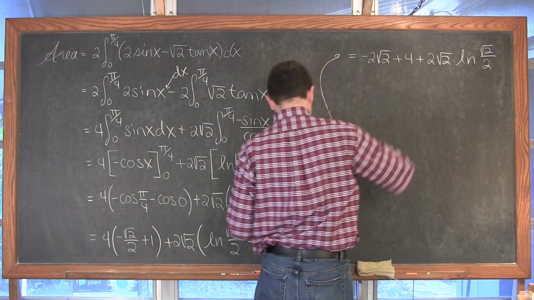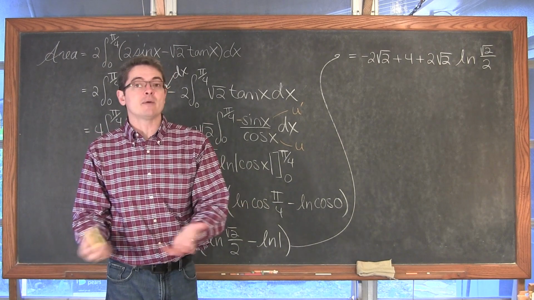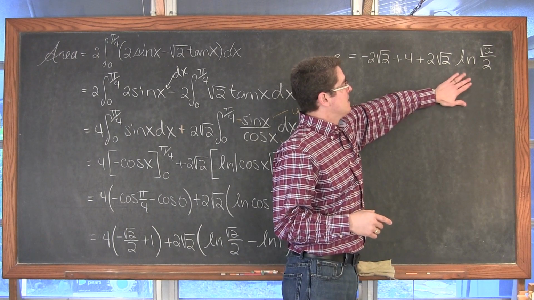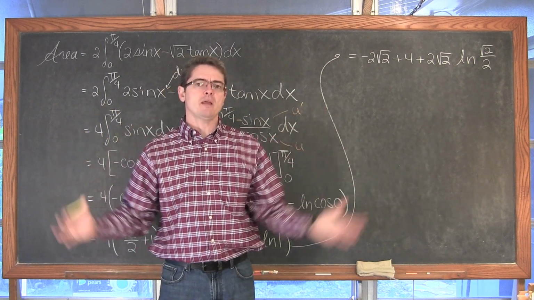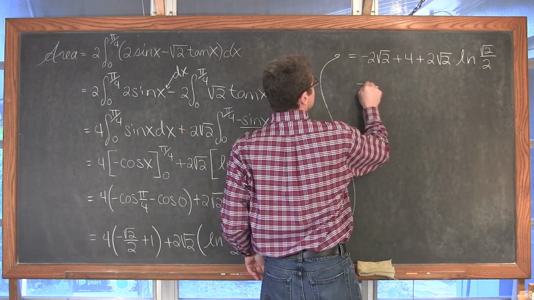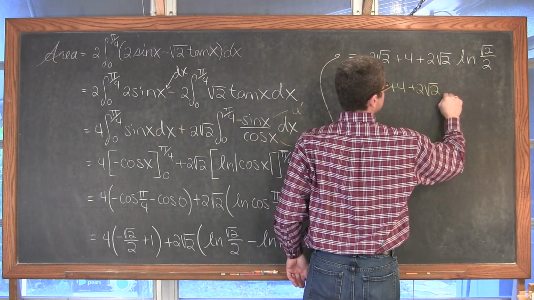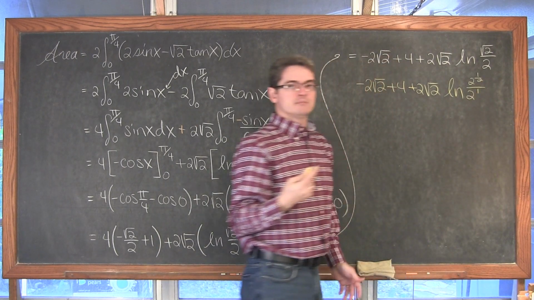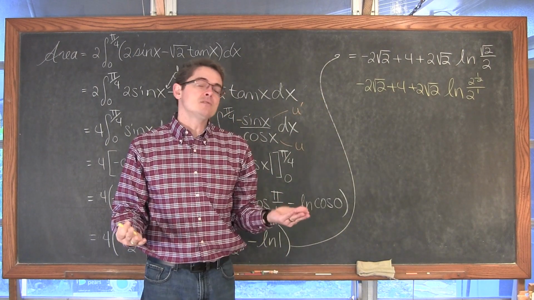But how can we change the look of this to, again, possibly match what's in the back of the book, maybe actually what came out of my TI Nspire CAS with the computer algebra system, or choices on a multiple choice test? Well, we have all these properties that we can use to expand log functions or expressions. And I can rewrite this as negative 2 square root of 2 plus 4 plus 2 square root of 2 times the natural log of 2 to the 1/2 power divided by 2 to the first. Now when you divide like bases, 2 to the 1/2 power, of course, is square root of 2. When you divide like bases, you subtract the exponent.